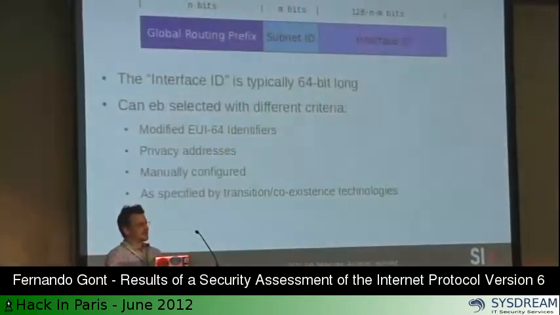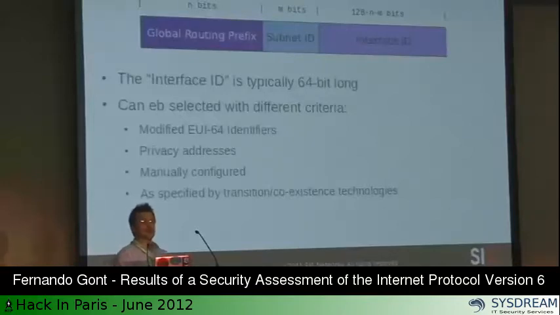Since this discussion, or these next few slides, are going to be about host scanning attacks, the only address type that we are going to focus on is the global unicast addresses, which are, of course, the addresses that you use for communication on the public internet. So this is the syntax of IPv6 global unicast addresses. If you think about it a little bit, it looks very similar, if not exactly the same as in the IPv4 case. You have a global routing prefix that is assigned by your upstream.